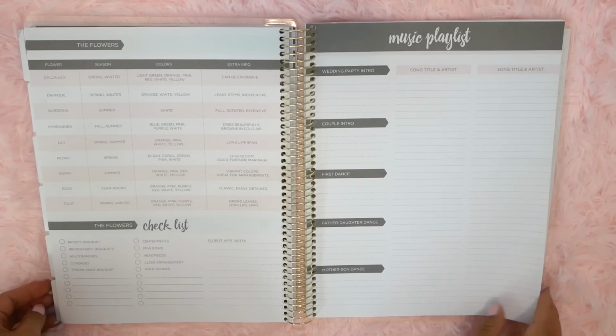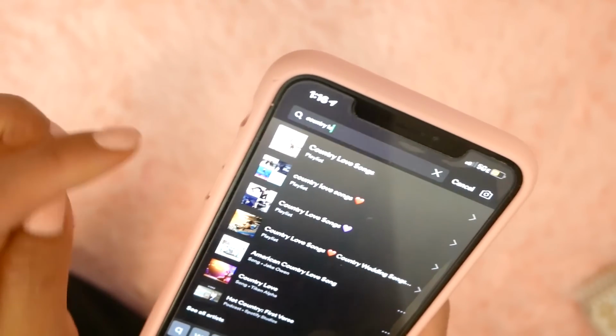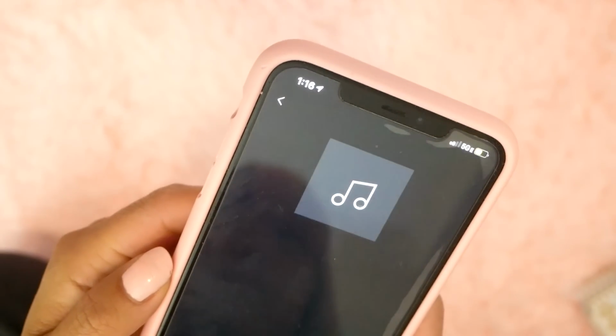Alright, here's a page that I'm really excited to fill out, and that is the music playlist. I have been saving songs on my Spotify. This is also a really great tip if you are trying to come up with a wedding playlist. I've basically just been listening to different songs in the car, and whenever I find one or hear one that I think would be really romantic or really great to play at our wedding, I just quickly save it to